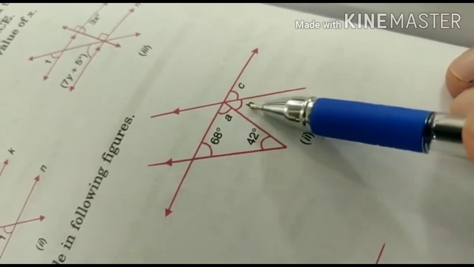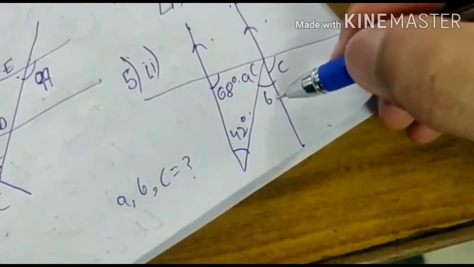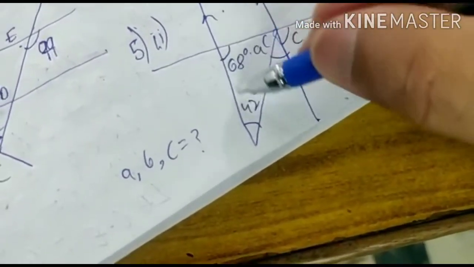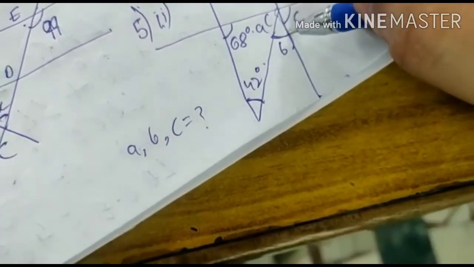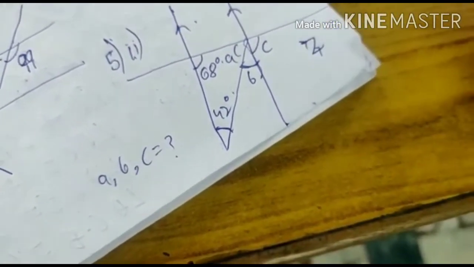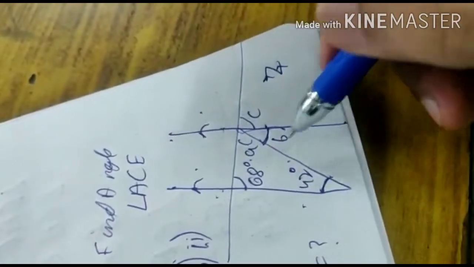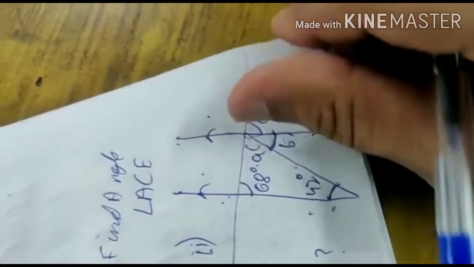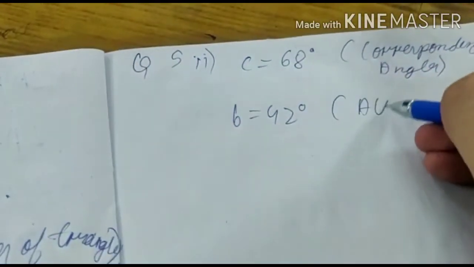If we see this angle B, these two lines are parallel, and here it is forming a Z. Look, it is forming a Z, and the angles inside the Z are this and this. And in a Z, as I have told you, this line and this line should be parallel. In this Z, these two lines are given parallel, and these are the interior angles, B and 42 degrees. So angle B will be equal to 42 degrees. Alternate angles.